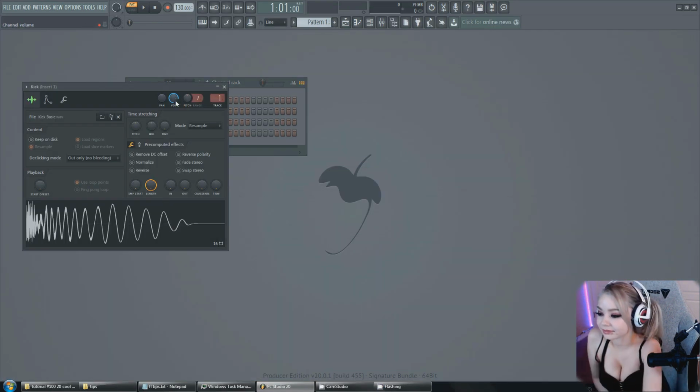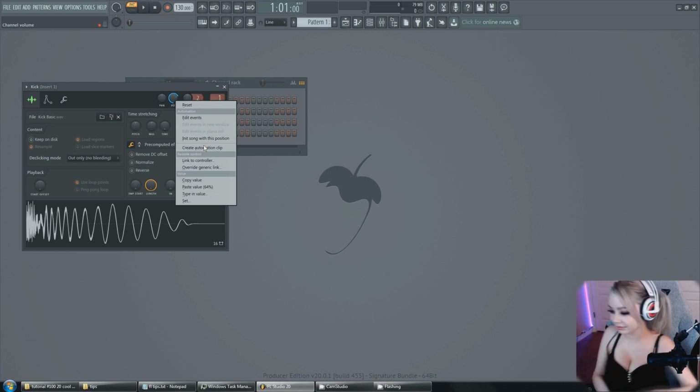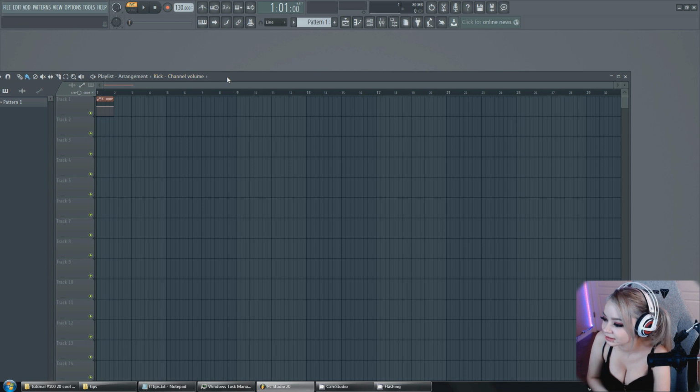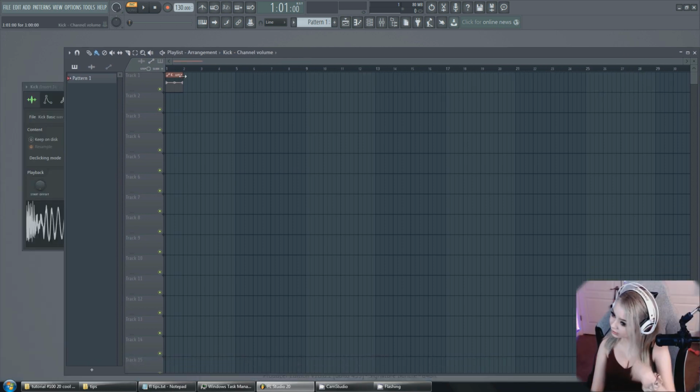Let's say that you have made an automation on the volume of a sound and you want to copy this automation over to another sound.